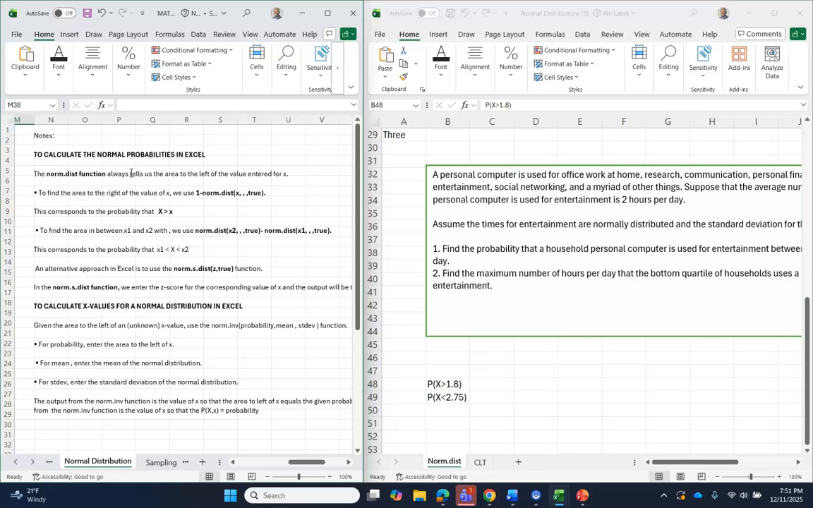To find the area to the right, so this one is the area to the right. So this one is the area to the left. It has to be less than 2.75. But this one is greater than 1.8. It is the area to the right of this value. And so we have to use 1 minus